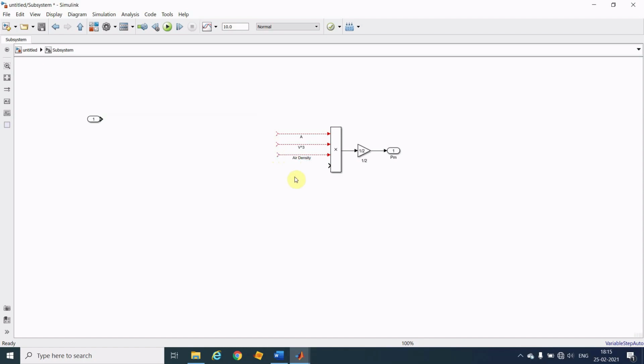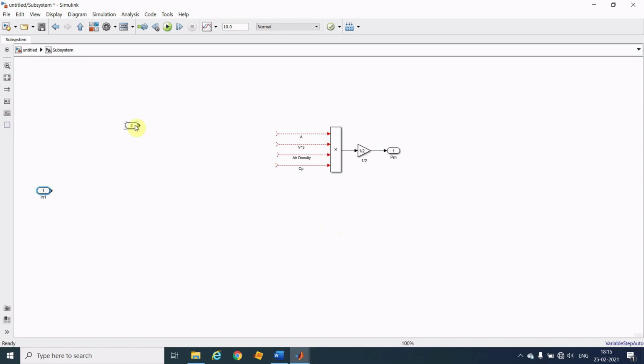Okay, air density. And the fourth one is Cp. Okay, alpha, beta. So how will we get the radius? Radius is, sorry, how will we get the